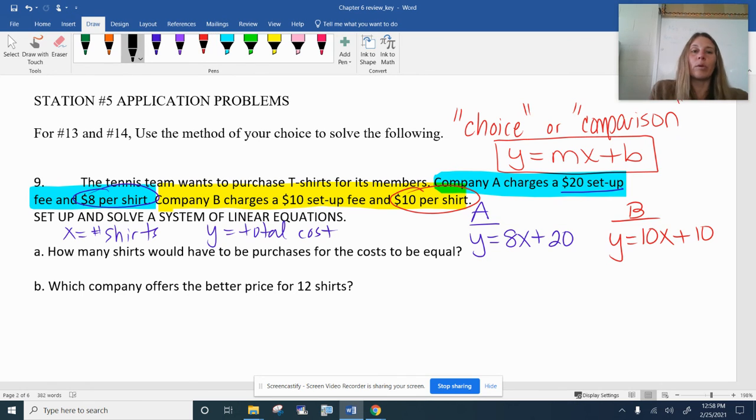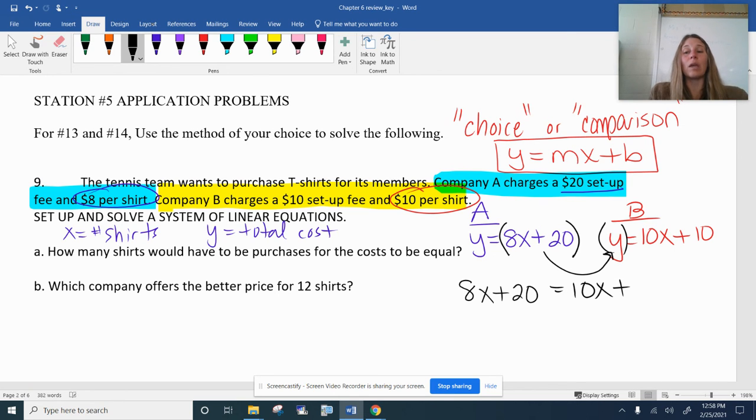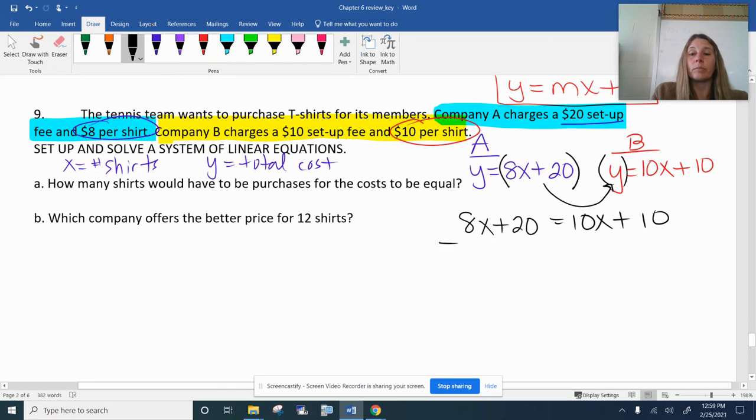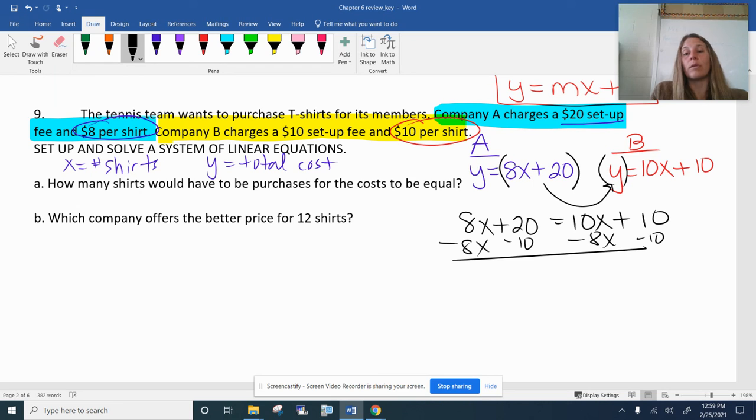So typically on this problem, I would graph if I had graph paper, but I'm just going to substitute what this y equals to here, y equals 8x plus 20, I'm just going to put it in for my other y. So in essence, I'm just equaling these two equations to each other, which is kind of making sense because I want to find out when are these two companies equal. Now we can just solve it, getting all the x's on one side, the constants on the other side. So I end up with 10 equals 2x, divide by 2, x equals 5